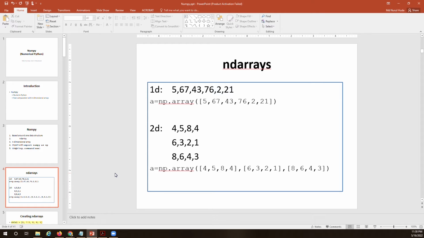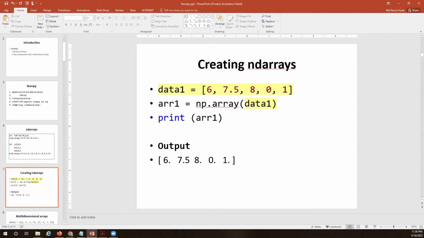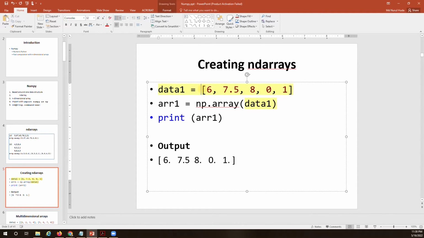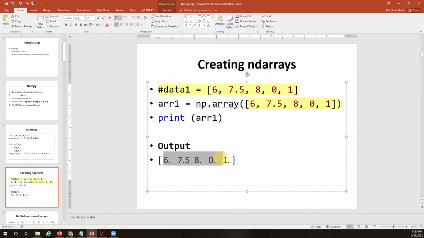Let's see. It's exactly the same thing. So here is data 1. Data 1 means this part. The same as I can replace data 1 with this, right? I can replace data 1 with this. Is the same thing. If I turn this off, and then np.array, and then list of items, and when they print, you see those numbers or the list of items in a 1-dimensional array. Okay,